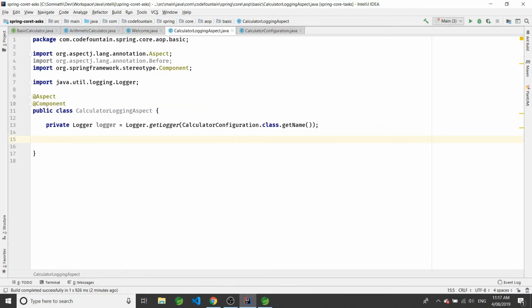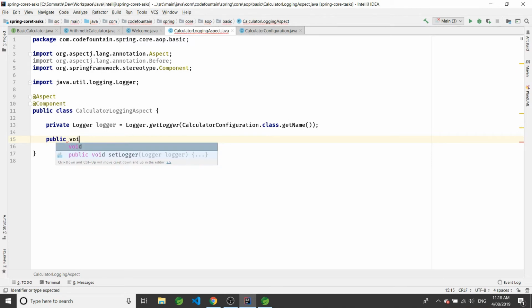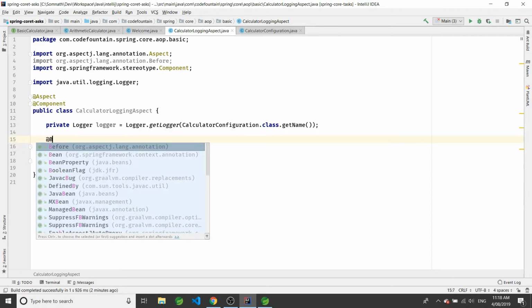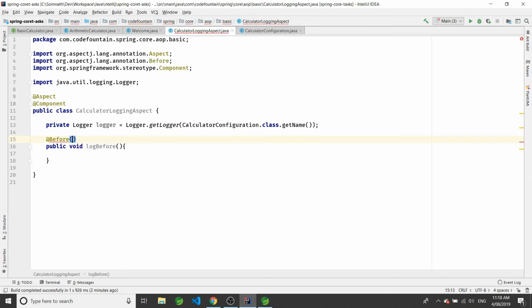Now let's write our first advice. These advices we can write through normal methods. So first write the method. So we are doing logBefore. This is a plain method, but now we're going to put the first advice, @Before, and now before advice takes a pointcut expression. So we're going to write that now.